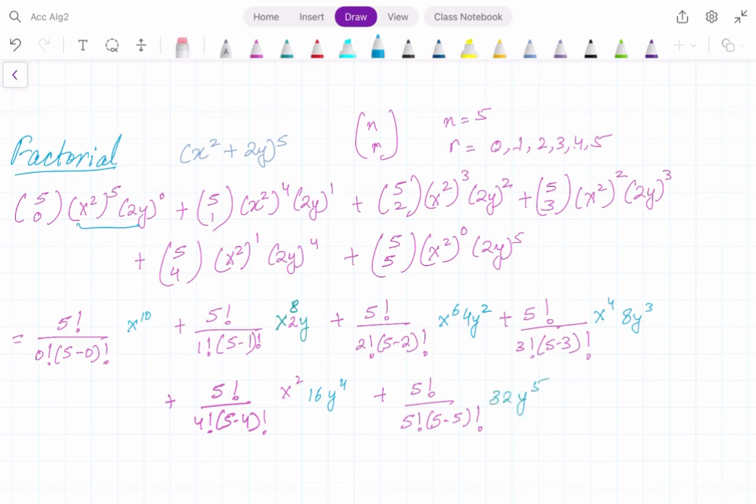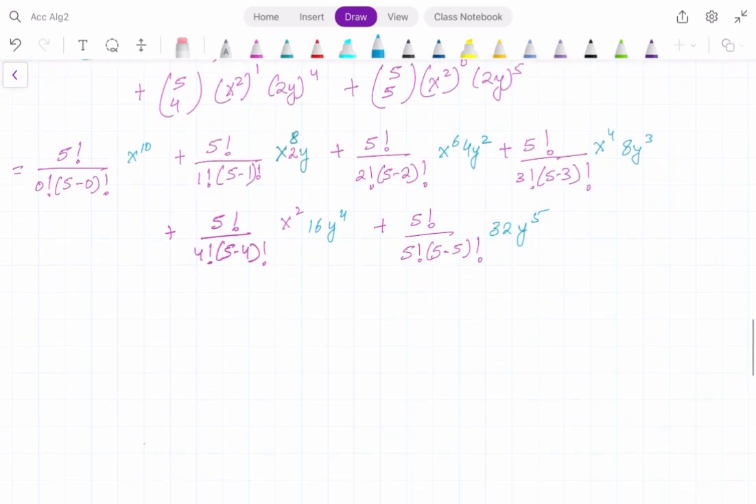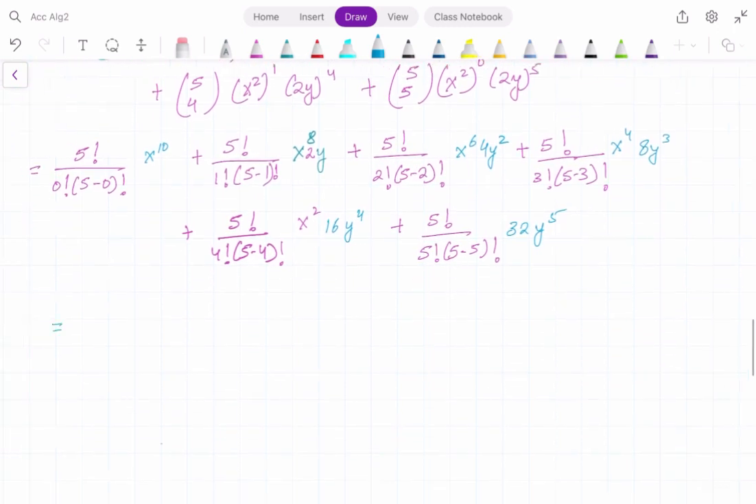Y to the power of 5. Now let's simplify all the factorials to get our coefficients. Again, be careful. I also made the mistake, so it is okay to make mistakes, but correct them. Again, it should be a positive, not negative. So if I simplify it, finally I will get